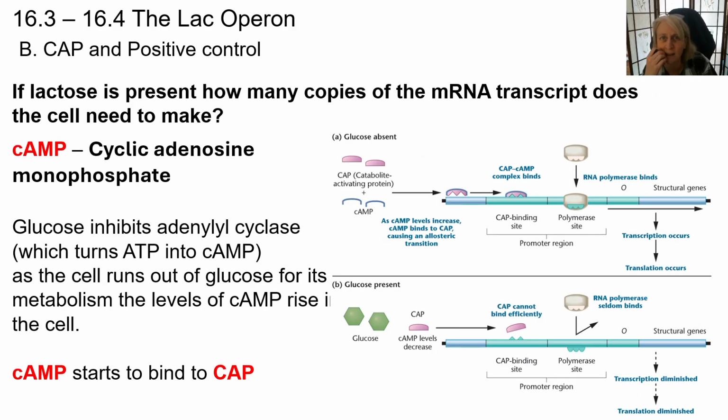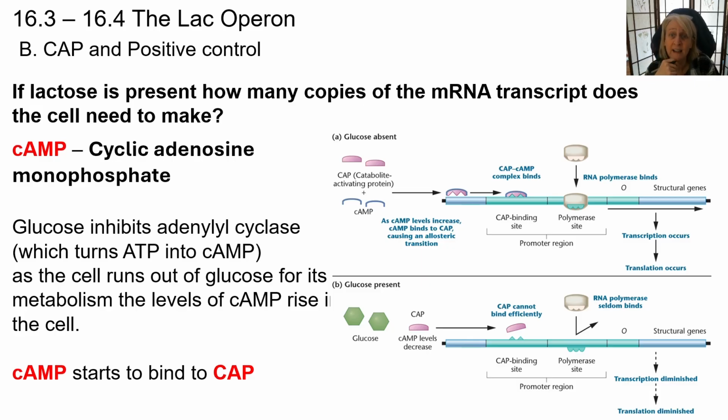So it's kind of genius if you think about it, because this cell isn't smart enough to be like, hey, lactose, I should change my role. The presence of lactose triggers the ability to transcribe these genes. The absence of lactose prevents the transcription of these genes. If lactose is present,